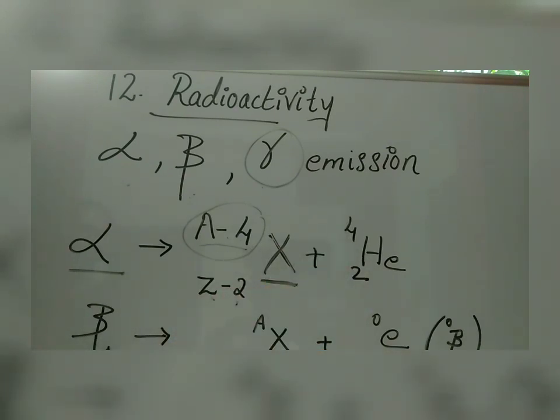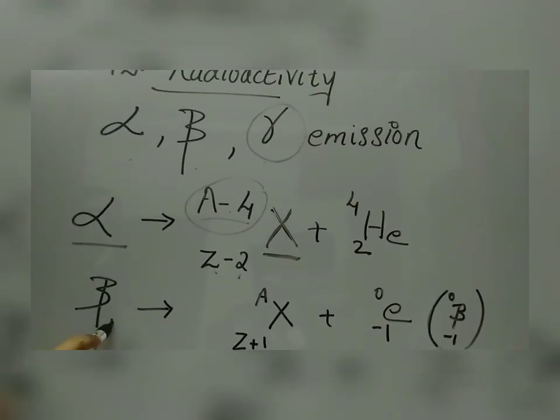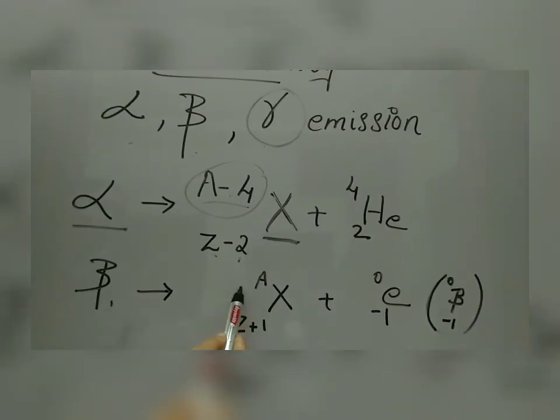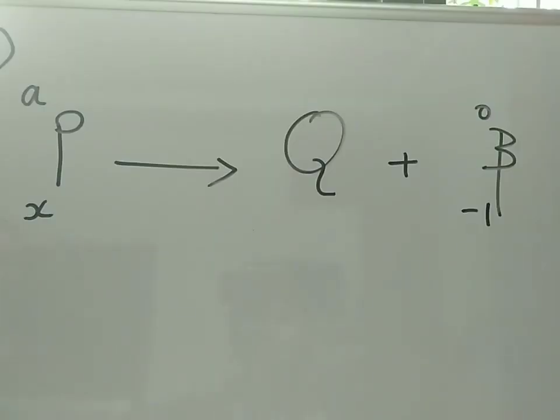For a beta emission, when a beta is emitted, there will be no change for the mass number, but the atomic number will increase by 1. Plus, for balancing, we have to write e 0 negative 1. Either it can be written e 0 negative 1. 0 means no change for the mass number, but there is a change, negative 1, for the atomic number. Either e 0 negative 1 or beta 0 negative 1. Now we are going to start with some examples, then it will be clear.